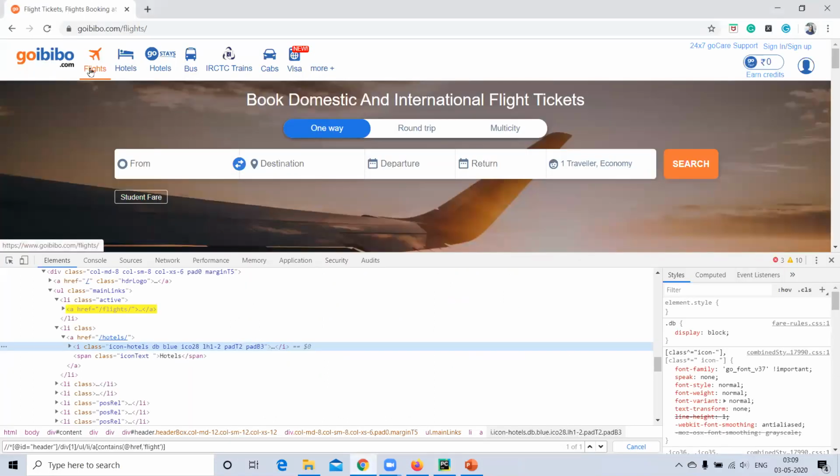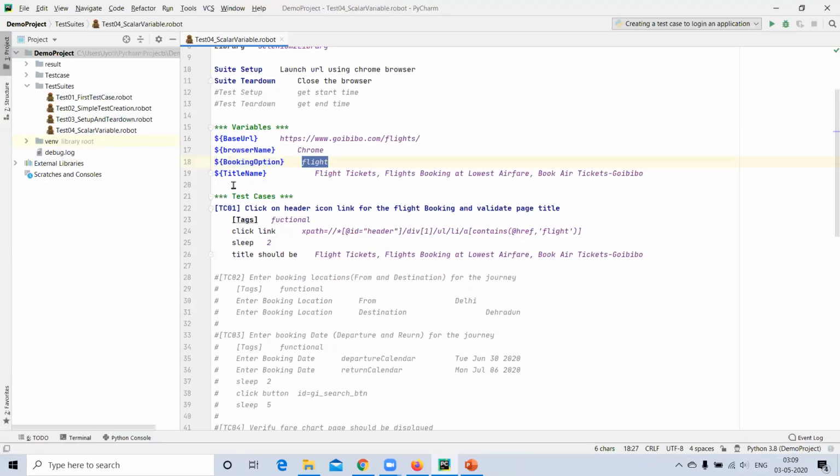Let's suppose as of now I'm selecting flights. And the second one for the title, which I will use in my test case for validation. So I'm just passing the scalar argument, starting with a dollar sign and closing with curly braces.